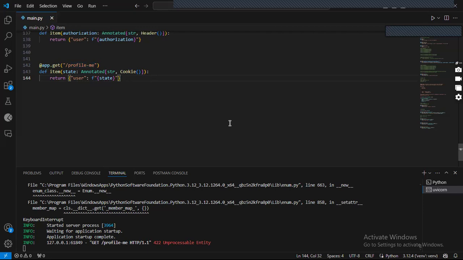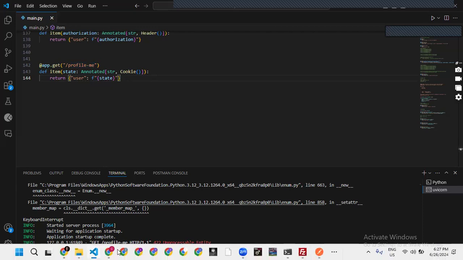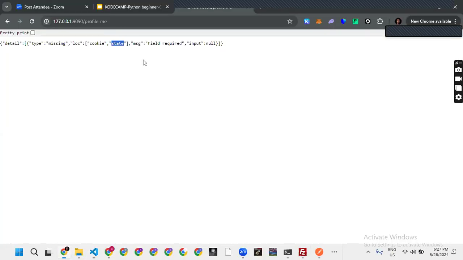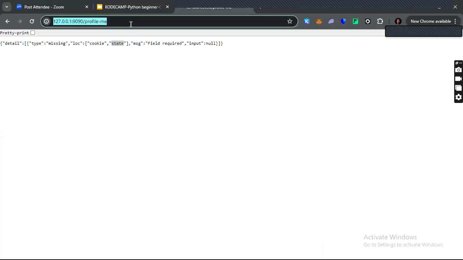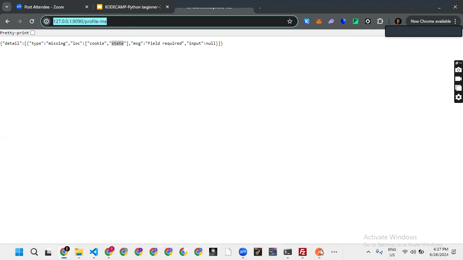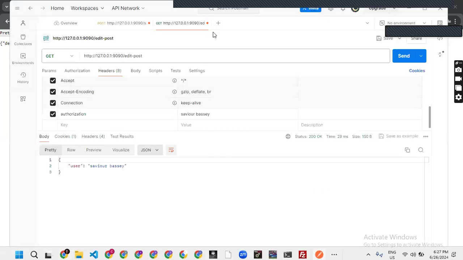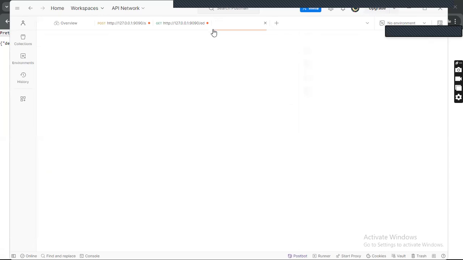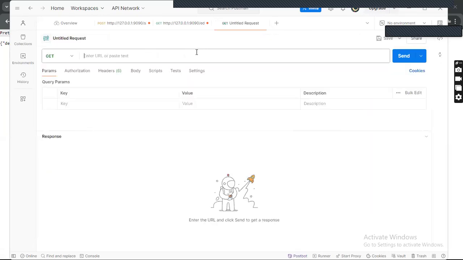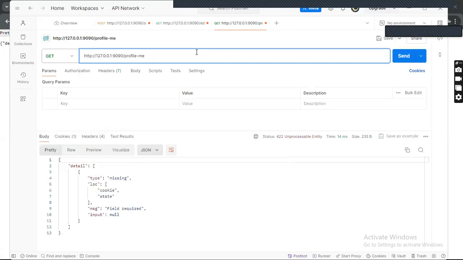But then with Postman, we can still do this as well. So we go to Postman. I'll copy this URL, go back to Postman, and then I'll show you how we can specify a cookie in Postman. So I'll make a new request and paste my request there. And of course we know that if we send this, it tells us the cookie is